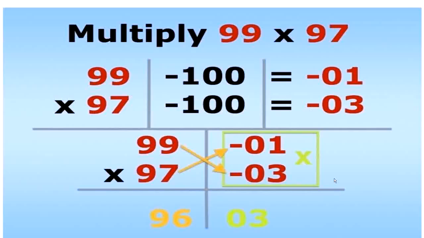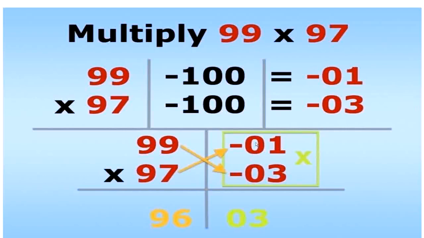Okay. So now this seems to be a very large number, 99 into 97. So it will definitely take for the 3rd grade student to finish 2 or 3 minutes. But now I'm going to explain you how you can do it in 5 seconds. Okay. So 99, the nearest number is 100. So 99 minus 100 is 0, 1. And then 97 minus 100 is 0, 3. So what you do is just drag this 99 and 97 over here, and then the answer 0, 1 and 0, 3 over here. Okay.